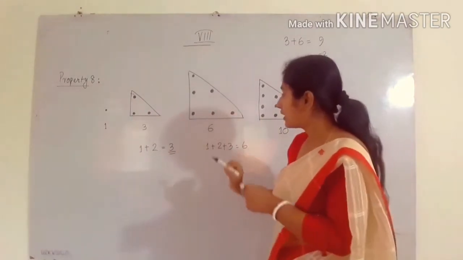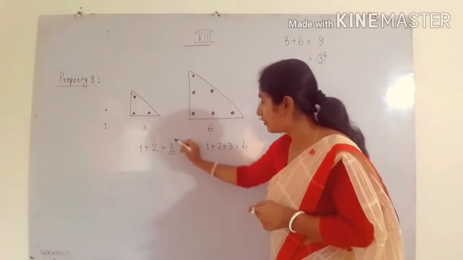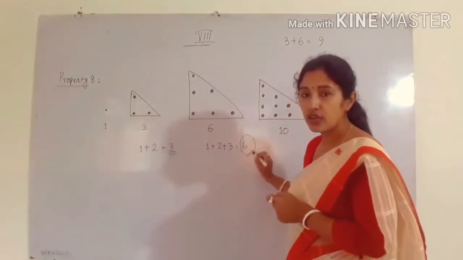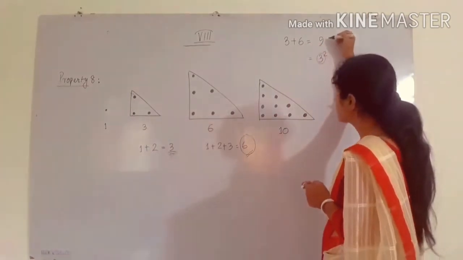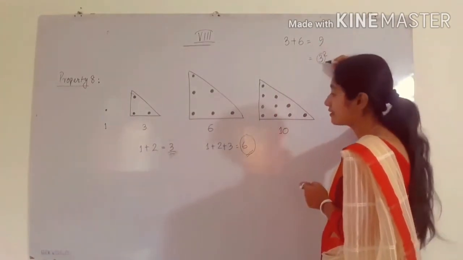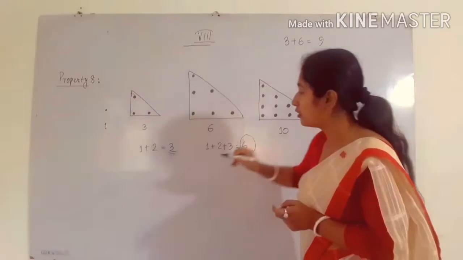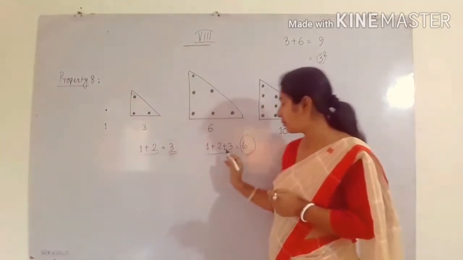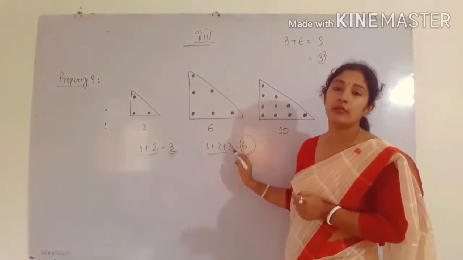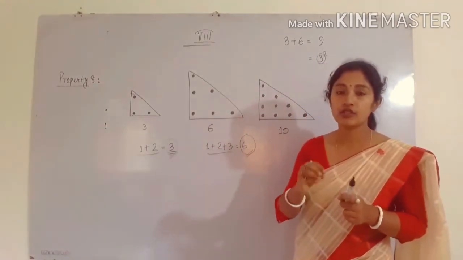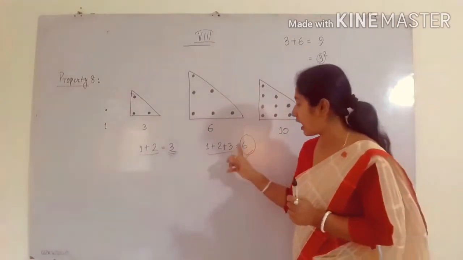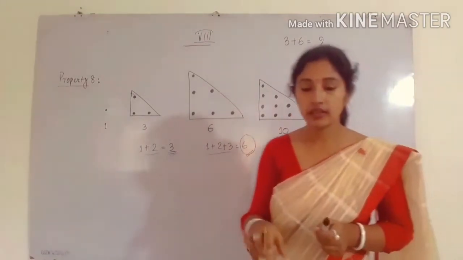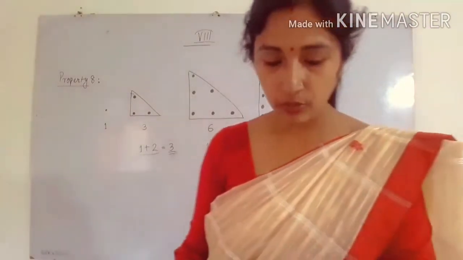See here, we are taking the 2 consecutive triangular numbers. The 2 consecutive triangular numbers are 3 and 6. We are adding these 2 numbers. We are getting 9. 9 is a square of 3. And here you can easily see the highest term. The highest term here is what? 3. Means we are having the highest dots. Where is our highest dots? The highest dots is equal to 3. Okay. That is written in bold letters. You can see it on page number 41.